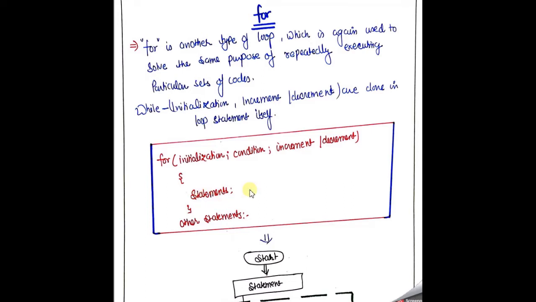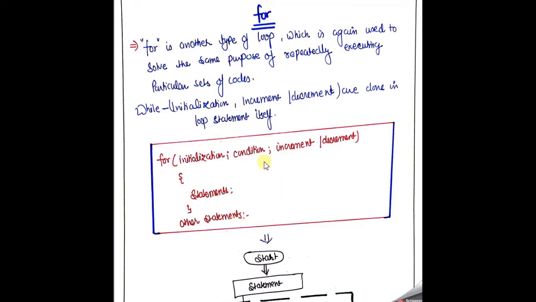After the statements are over, we need to increment or decrement, and after the increment or decrement operation we again check the condition for the updated value. After the condition is checked again, we enter into the loop again, and so on. In this manner we can perform our operation. We come outside of this loop when, after performing the increment or decrement, our condition becomes false. So what will happen here? We go to the other statement.